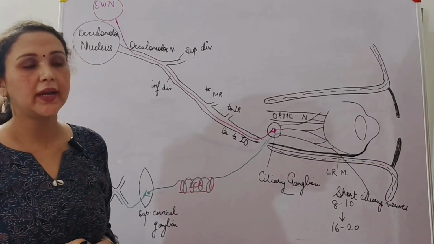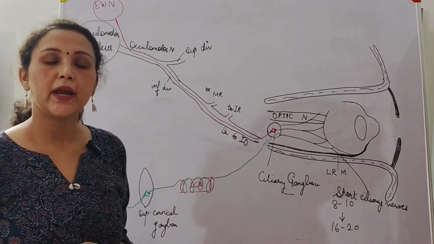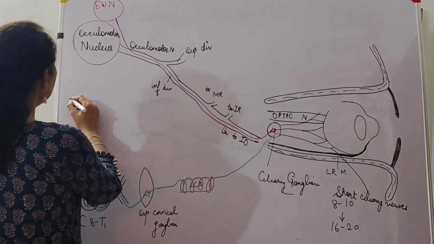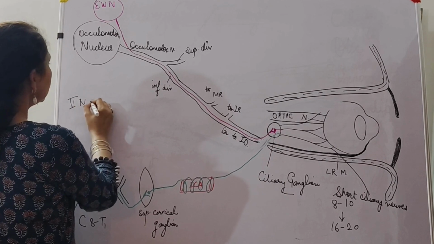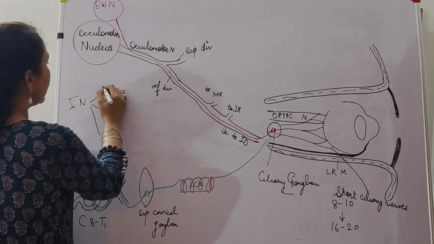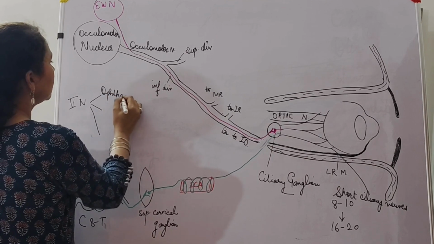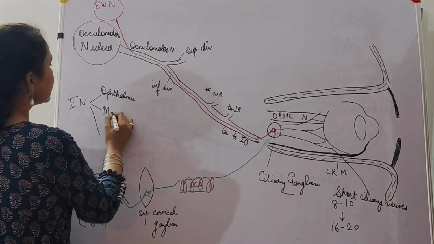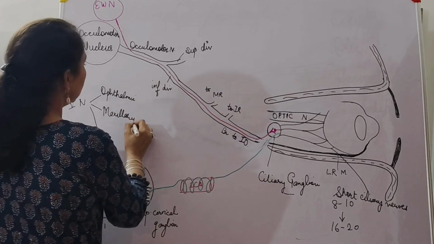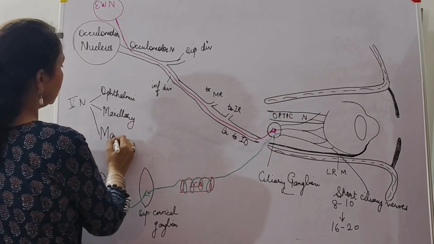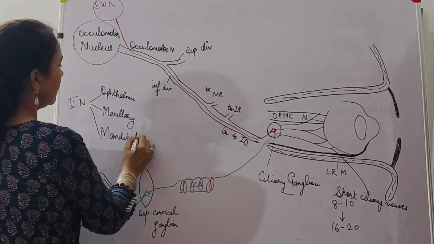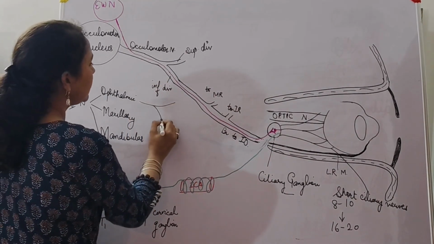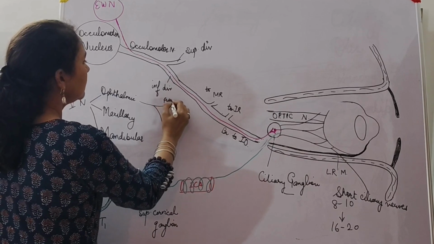Now as we know, the sensory supply of the head and neck is by the trigeminal nerve. So we'll start with the trigeminal nerve, the fifth nerve. The fifth cranial nerve will give three branches. One is ophthalmic, maxillary, and mandibular. The ophthalmic will further divide into three divisions: frontal,